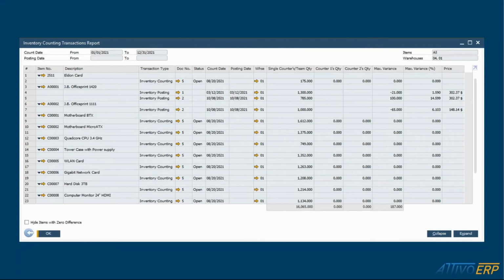Jumping forward to October 8th, we counted 785 items, but we had a positive variance of 100. So that could have meant that either we did not count them before, we lost them, or something crazy happened to them. This report gives you a breakdown of how you're doing those cycle counts and if you're improving. This report can also be used to create your cycle count determination. So you can use this and see, hey, we're losing so much of this item, we should probably count this more often,